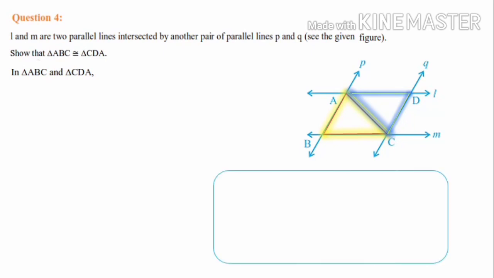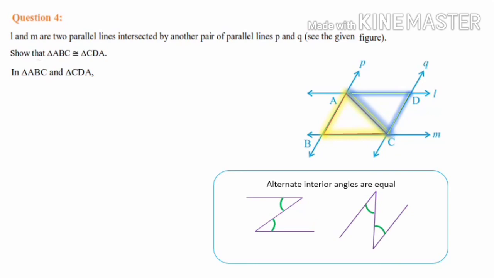Now, in the smaller classes again, we have studied the Z angles or alternate interior angles. When two parallel lines are cut by a transversal, we get almost like the English alphabet Z. So here these two angles are called alternate interior angles and they are equal. That is the property we have studied. So any way this angle can be formed, provided the two lines must be parallel. So this way also, when you turn the first diagram, you will get almost like this. So here also alternate interior angles are there, they are equal.